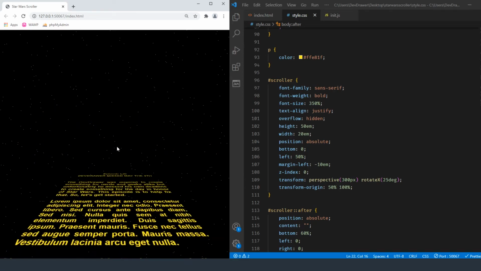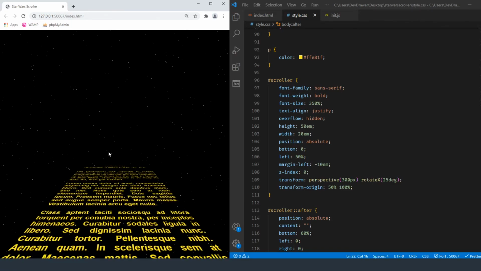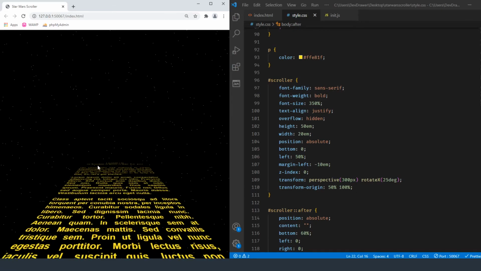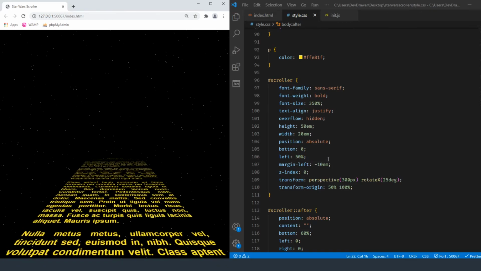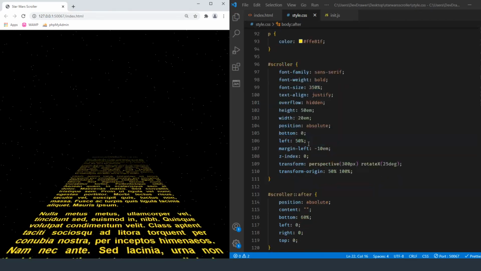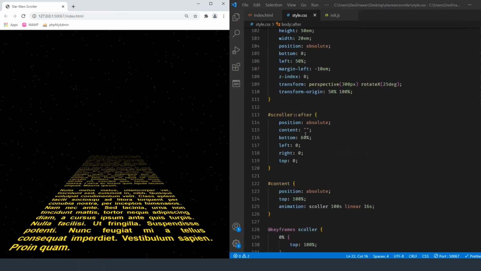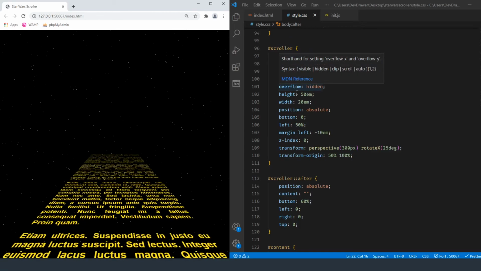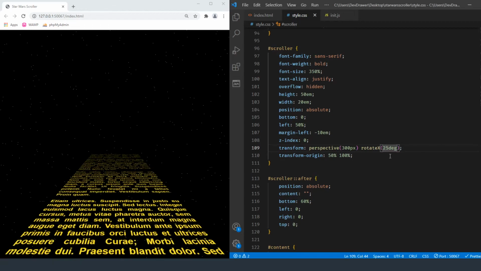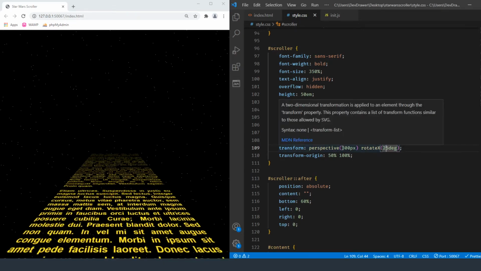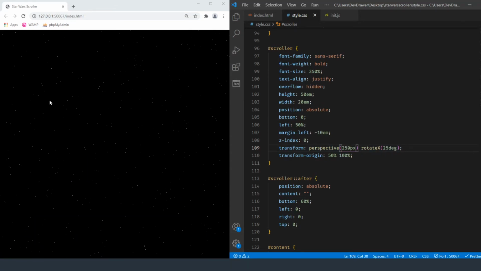It's not fading out here because it's not getting pushed down far enough. And now that I think about it, I think that text may be down a little too far. It looks very tight in the middle. Let's see, content, top 100%. I want to see what happens if we rotate it. Let's do a perspective shift of 280. No, let's do 250. See what that looks like.